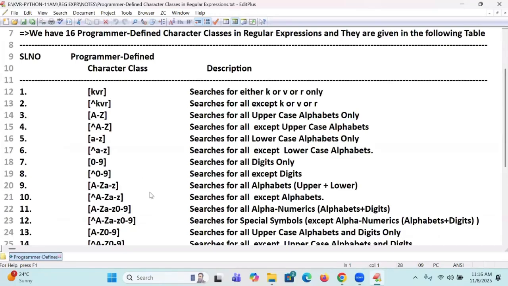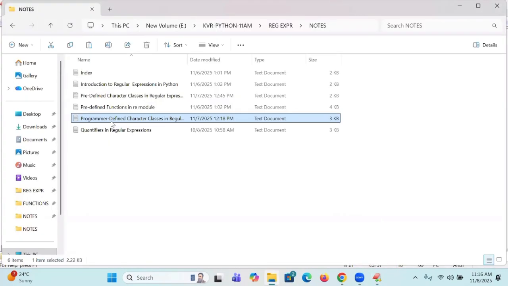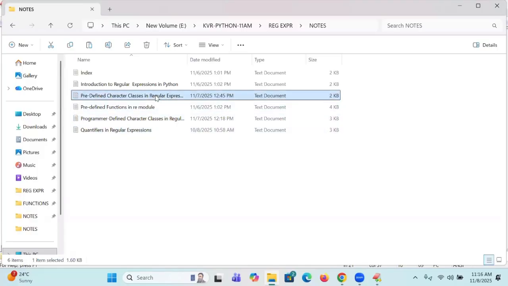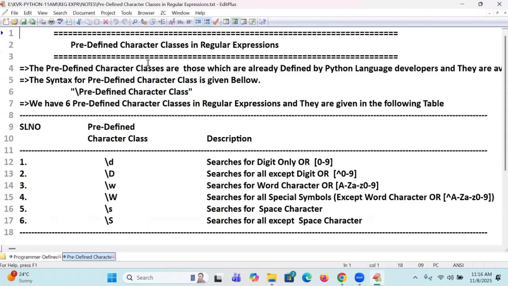There are almost these many formulas I said, and the predefined character classes also. These many I said already. Okay. Now it's time to go to the